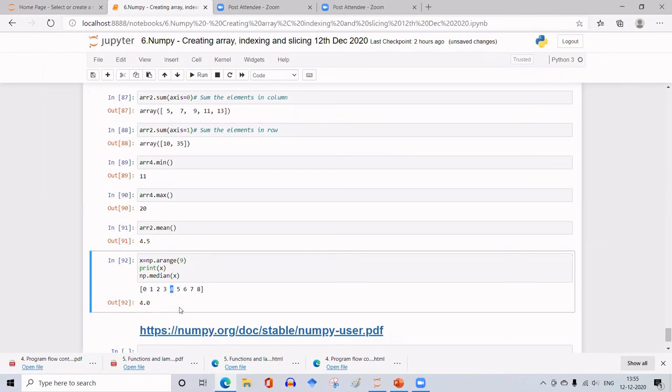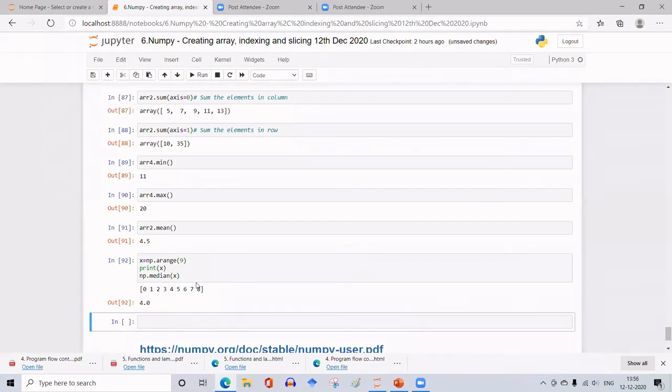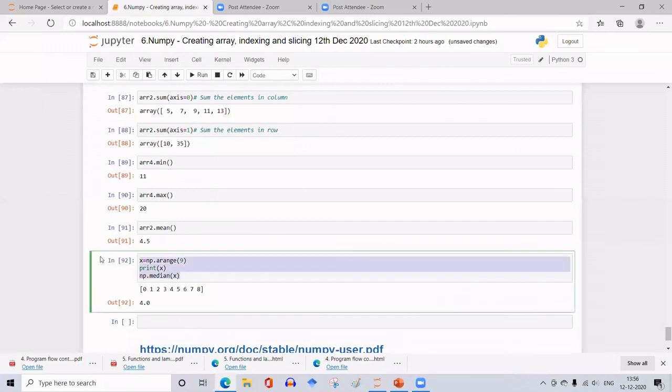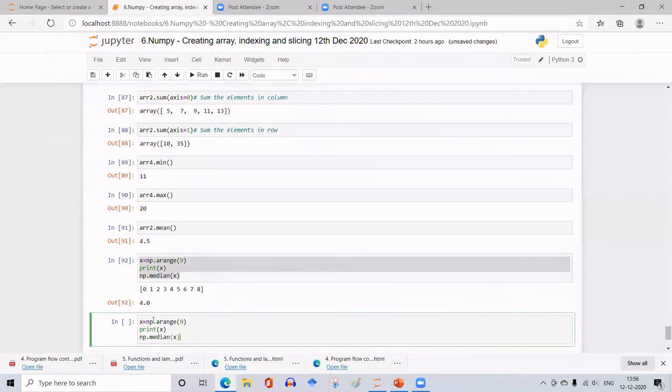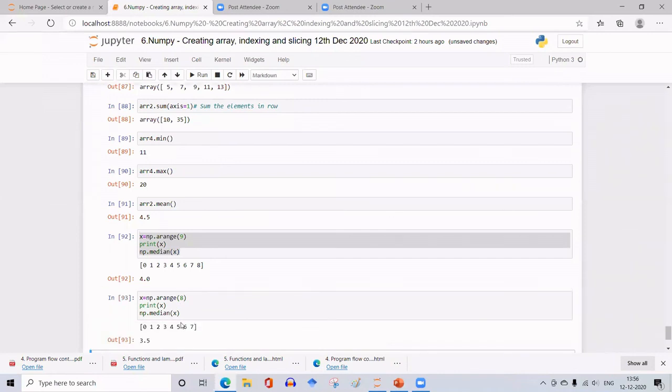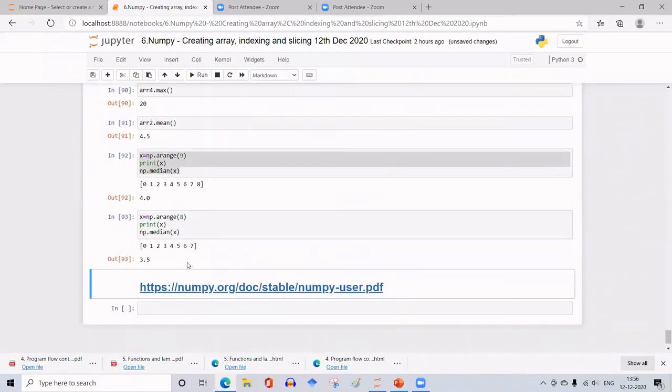What if we have an even number of values? So let me take this, first insert a cell below, take this. Instead of up to 0 to 9, I'll make it as 8 and run it. So it has calculated, taking the two center values and the average of that.